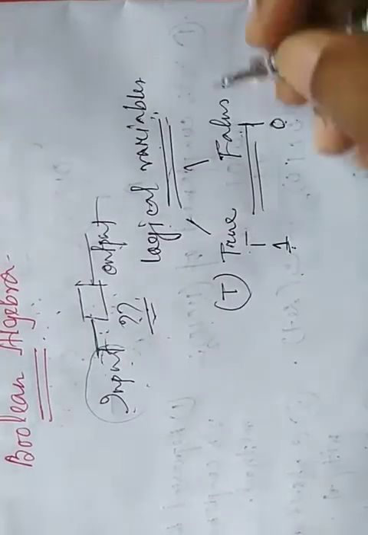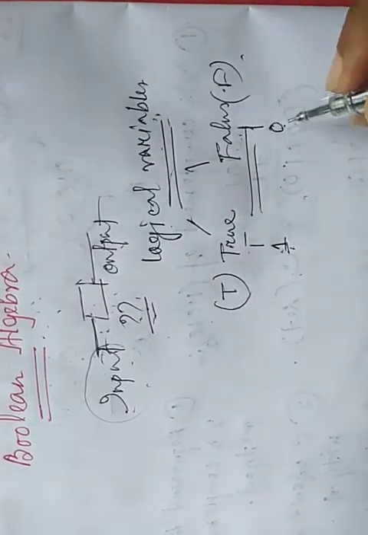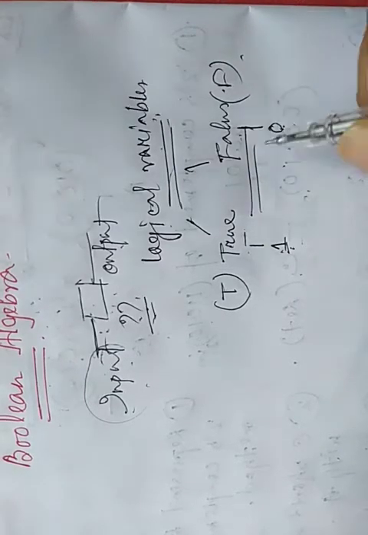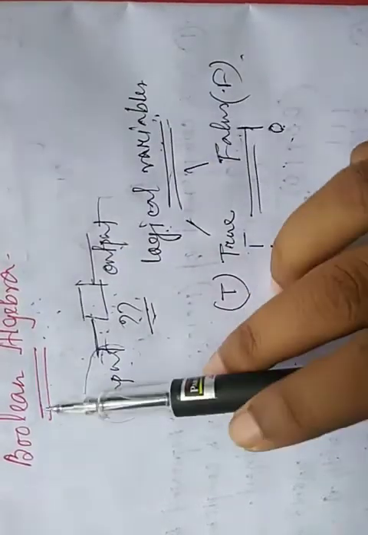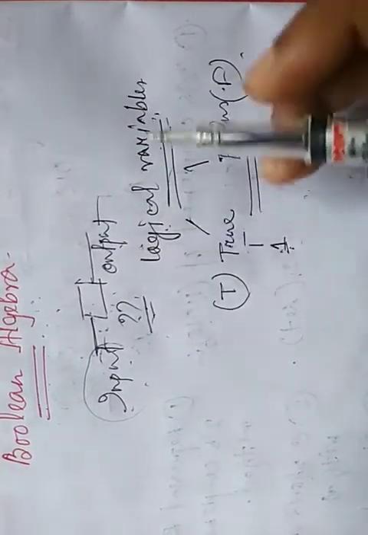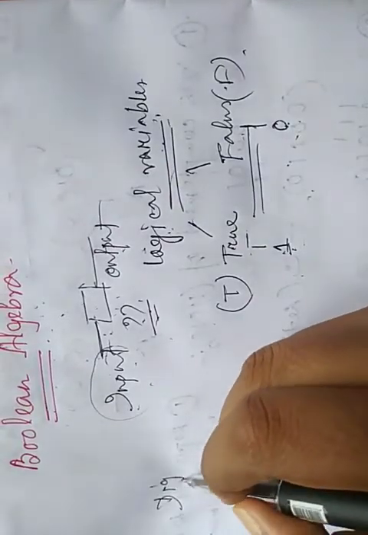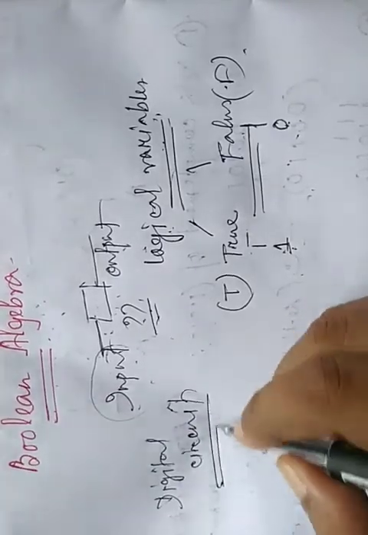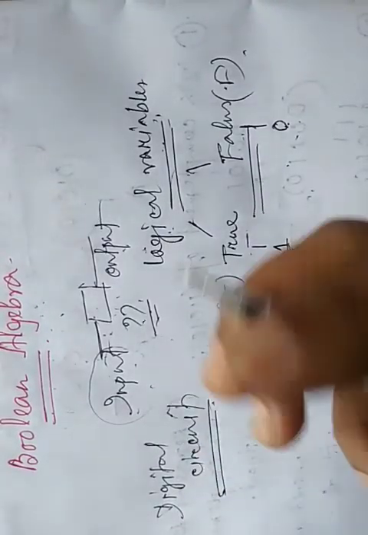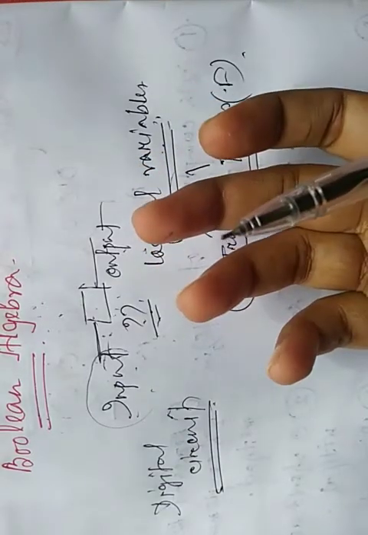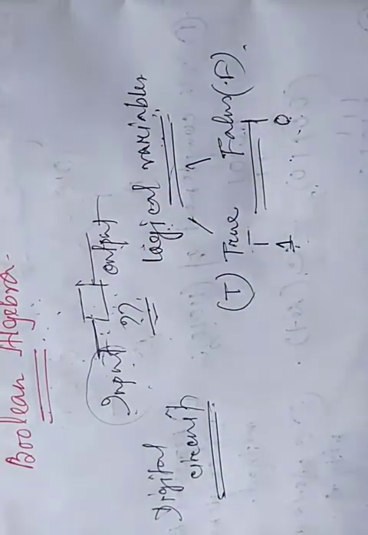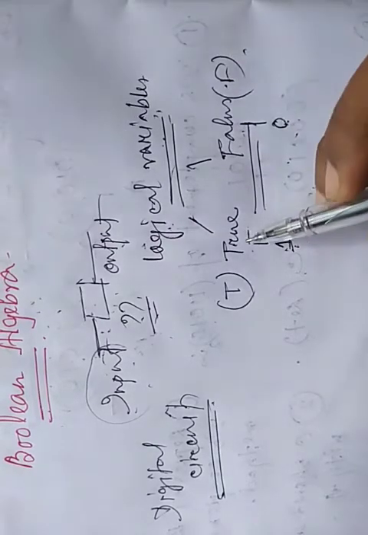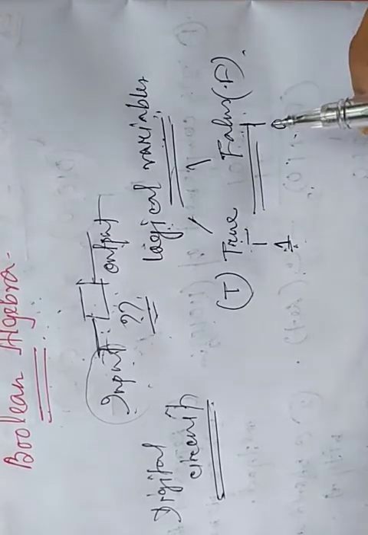For true and false we can also say T and F, that is another thing, but 1 and 0 is what we use in our binary number system. That's why Boolean algebra is based on logical values, and Boolean algebra is used to create any digital circuit. So digital circuit means computer based circuit. We know that a computer circuit is based on the binary number system. In the binary number system there are two values, 0 and 1.